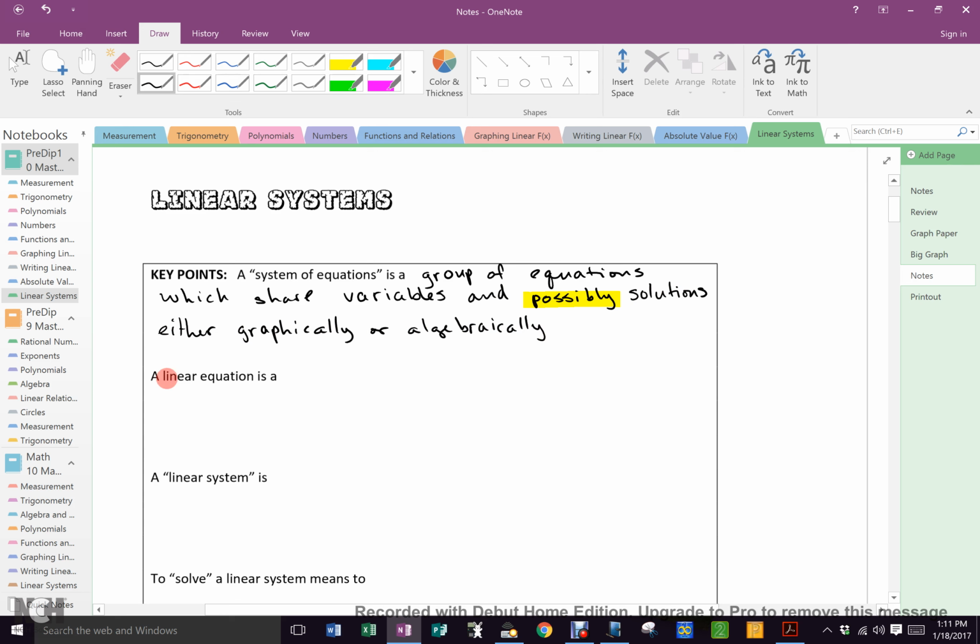So, the next term you already know, and that should tell you the answer to the next two blanks. A linear equation is, I missed the N there, an equation which follows a repeated and predictable